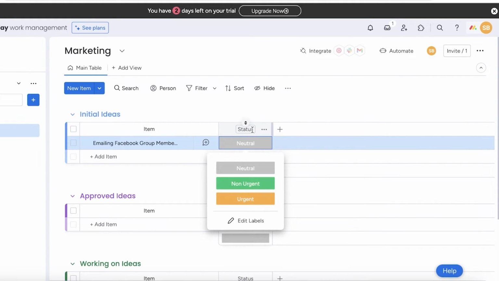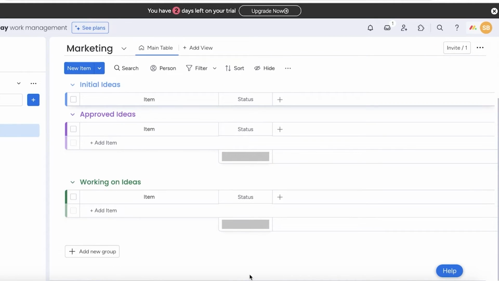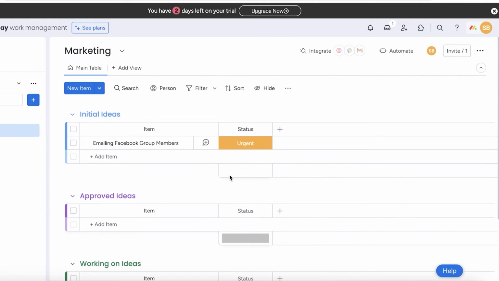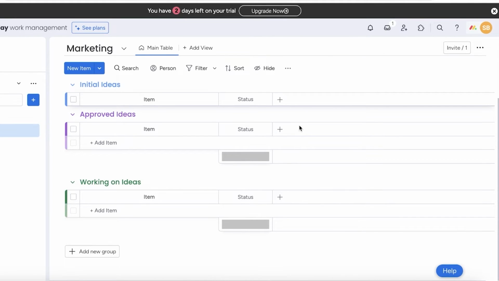Like this, I've created three different types of labels over here. Now you may drag a particular label like this, so you can place a label like so. And this will only be applied to that particular item, not the entire column. So my approved idea might be urgent, some of my initial ideas might be non-urgent,